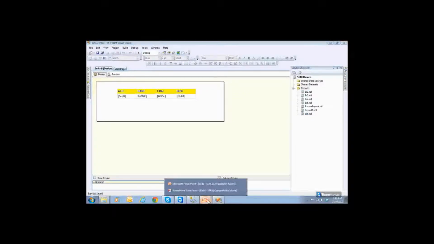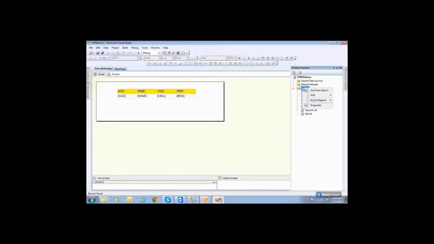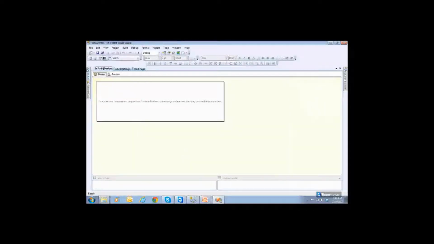Now let me create another report. So let me go to the steps. Create another report with the following: data source bank, data set select star from branch master. This is the second report I need to create. Right click, add new item, number 7.